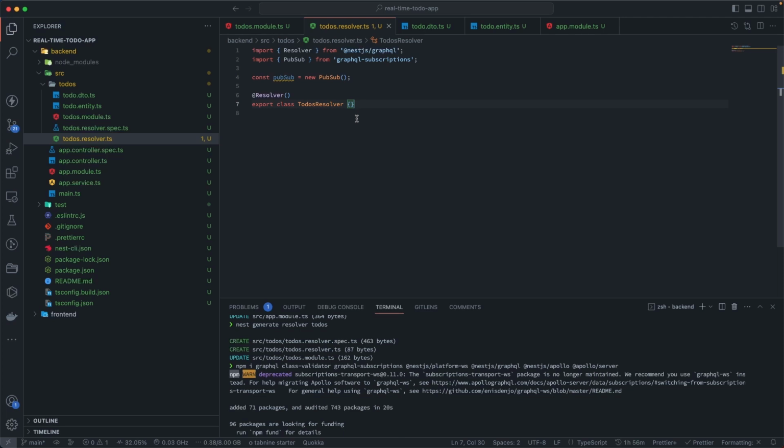Next, the resolver, to do resolver. First, by default we are going to say todos is equal to a blank array. So we are going to use the memory storage over there. Inside that application we're going to store the data. So when the application crashes, stops, or you kill the port, at that time the data will be cleared,